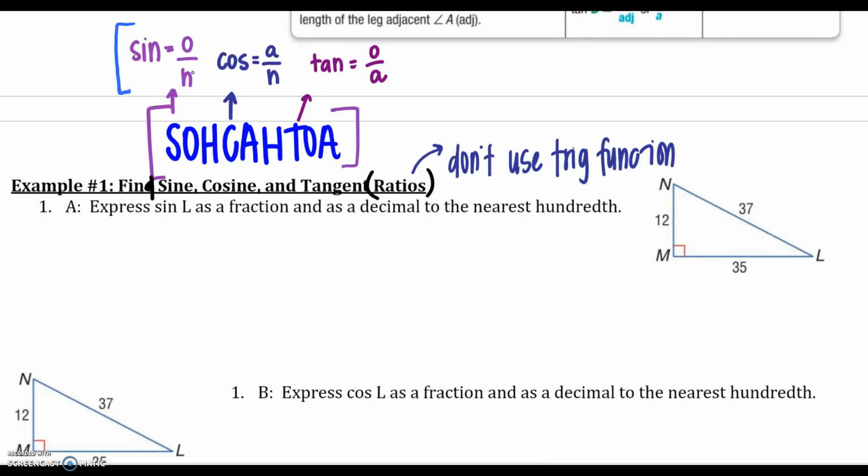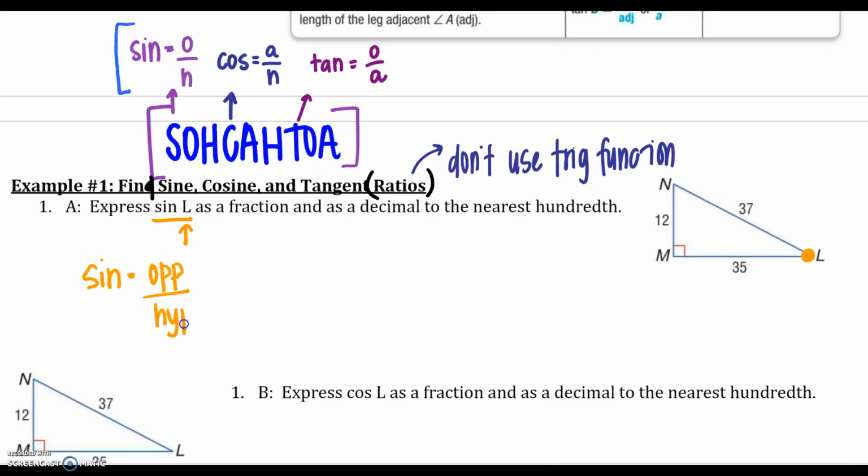So in this first example, we need to find the sine, cosine, and tangent ratios. When it asks for the ratios, I'm literally just going to create a fraction and simplify. I am not going to push any of my trig buttons. We'll get to that later. My first thing is to express angle L's sine as a fraction and as a decimal. So I'm looking at angle L, and my sine is opposite